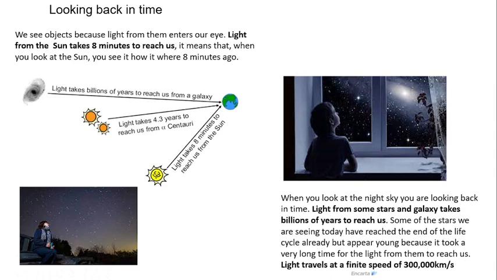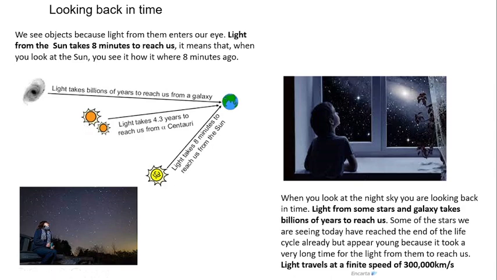Looking back in time, we see objects because light from them enters our eye. Light from the sun takes about 8 minutes to reach us. This implies that when you look at the sun, you are seeing it how it was 8 minutes ago. Light from a distant star, such as Alpha Centauri, takes 4.3 years to get to us on Earth. This means that when you observe a distant star like Alpha Centauri, you're seeing it how it were